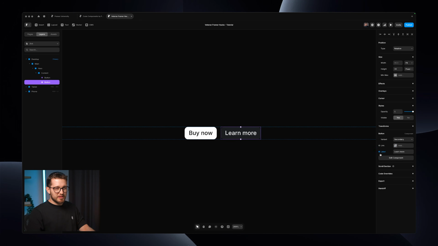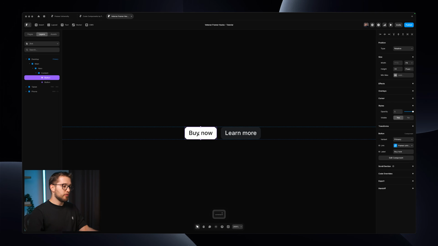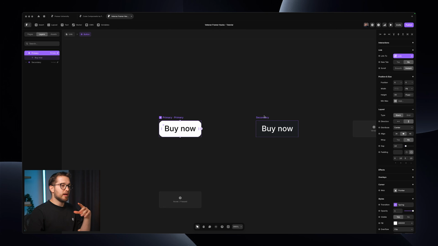It's just quite hard to manually go into the website and check all the buttons to see on the right panel if they have the links. So here's a quick hack for you that allows you to really easily and quickly tell which buttons have and which buttons don't have links applied. So the way you do it is you go within this component. Hopefully your buttons are set up as components, just like this example,